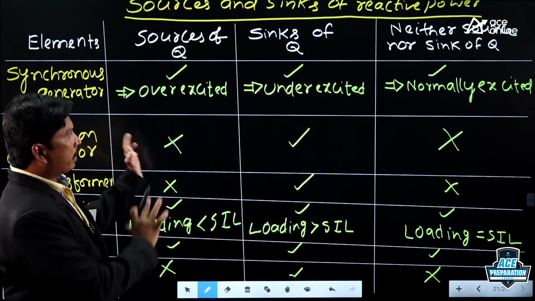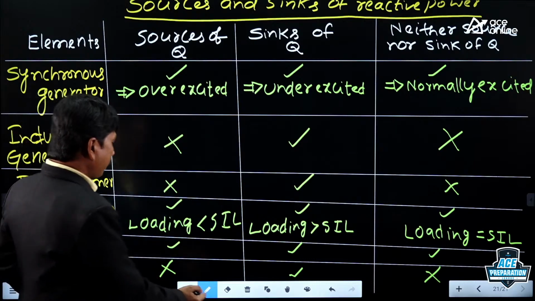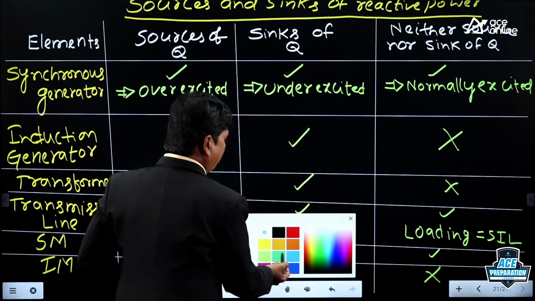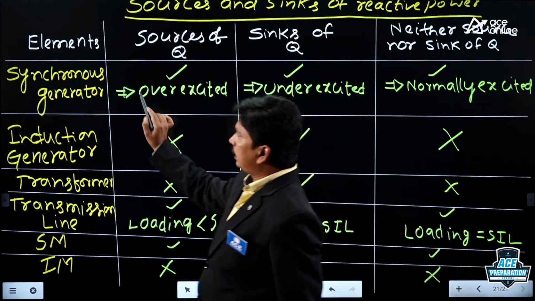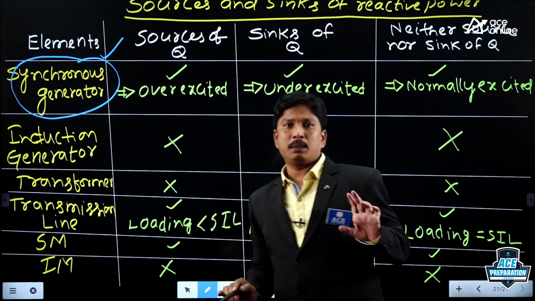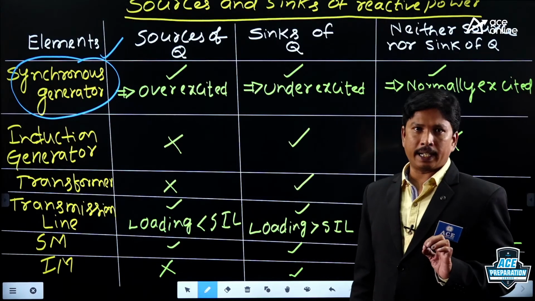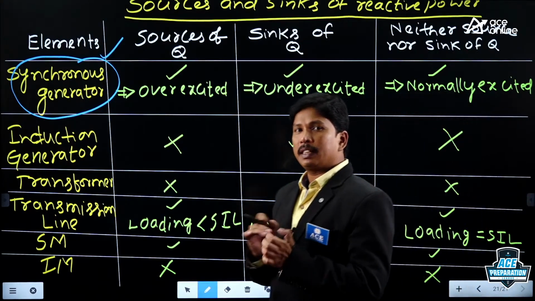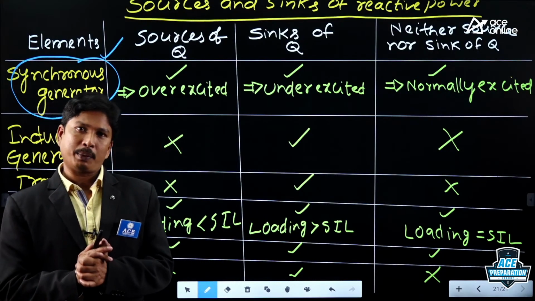So based on this, we can select the best sources and the best loads. Now tell me, which is the best source, students? Which element can we pick as the best source? The best source is the synchronous generator, where all operations are possible. That means it is going to deliver both active power and reactive power. Clear? So with respect to reactive power and speed, we can say the synchronous generator is the best generator.